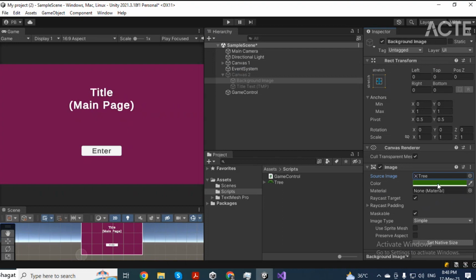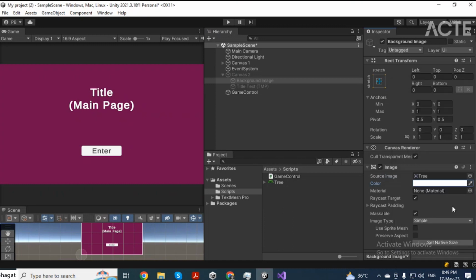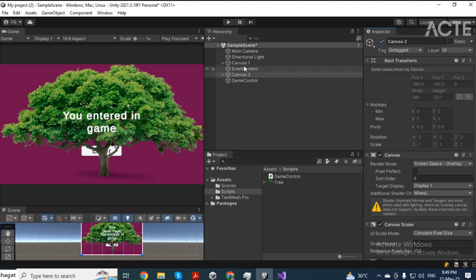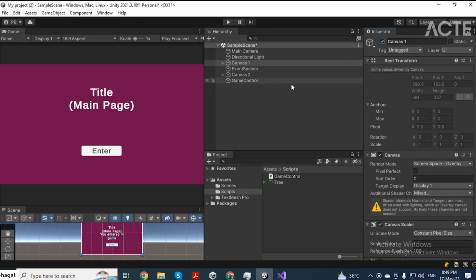Now you also have to make the color white here, because we are not using color here; we are already using an image. If you want to see that particular image of tree here, you just have to enable this canvas 2 and disable canvas 1. So it will look like this. So if you want to play with the game,